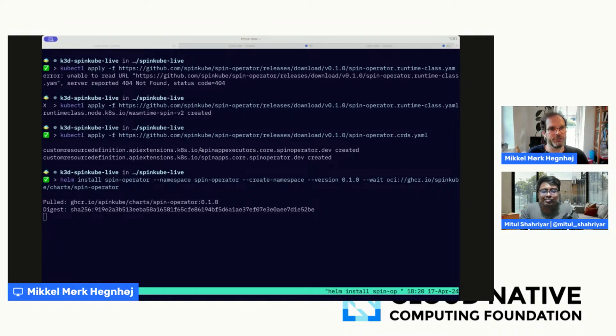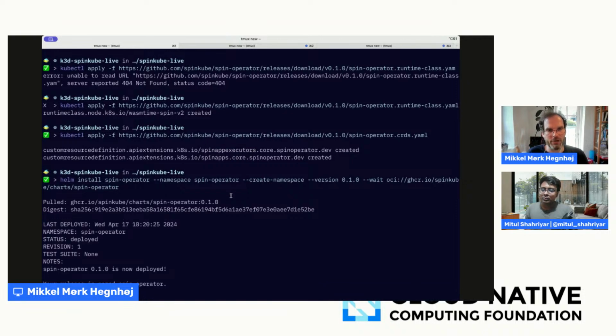One note on the two custom resources we have in here. Obviously, the SpinApp is the one that I was mentioning earlier that defines the application itself. The executor is a concept within the SpinApp where the container shim is the executor that is installed with the Spin operator as default. That basically tells the Spin operator to use the container shim as the execution of the runtime for the Spin